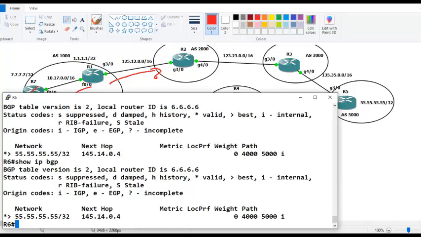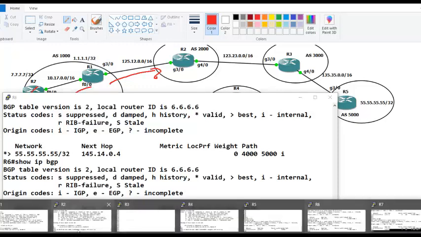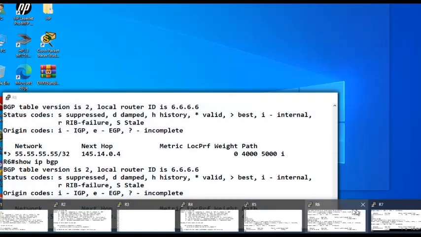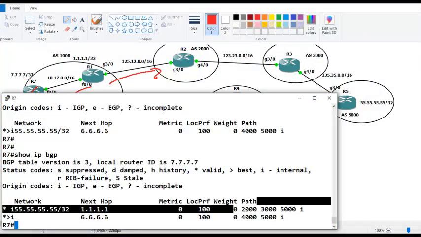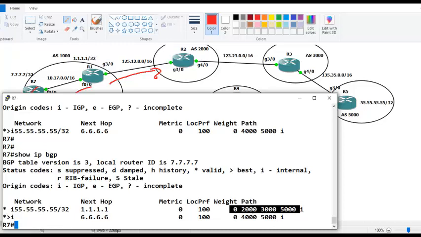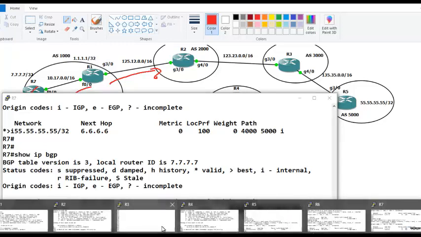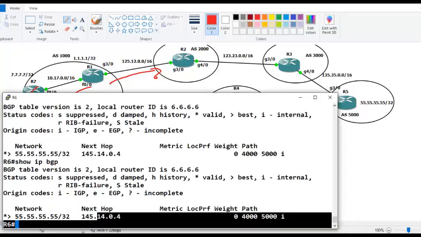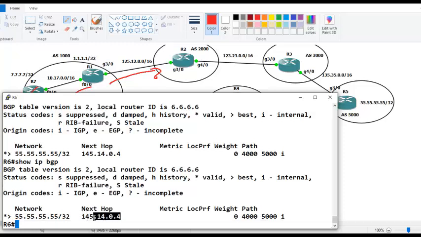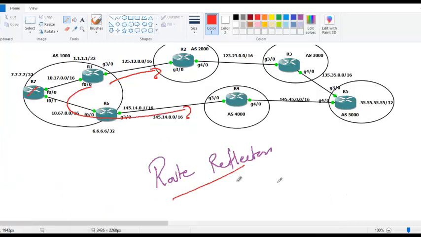Why is router 6 not seeing the route via router 1? Because R7 will not advertise this route because it is not a best route. For R7 this is not a best, so it will not advertise it to router 6. So router 6 does not know about the long route. If you want router 6 to know about this, then go and set weight here also. If you give high weightage to this neighbor, then this will start using the route and it will